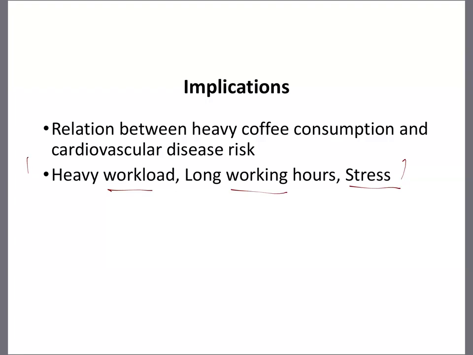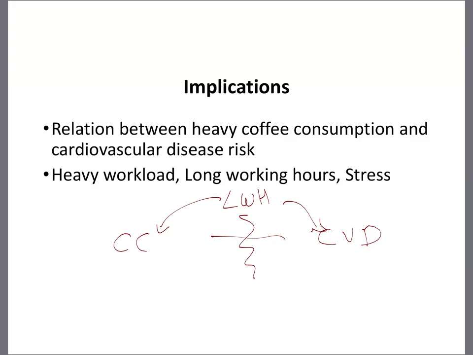Yes, ma'am. Right? So you are interested in coffee consumption, you are interested in cardiovascular disease, but you know that, say, long working hours can lead to stress, and this can increase this risk, and this will not be in the causal pathway. Now, what will happen if I don't look at these confounders? Suppose I come up with a study and I report that increased coffee consumption leads to increased risk of cardiovascular disease. What will be my recommendation